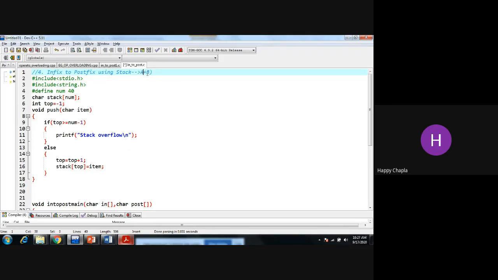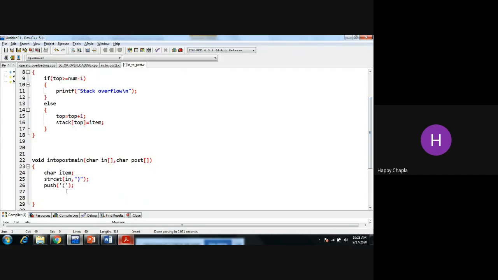This is the input of my infix array, so infix equals something like this. I have this many things inside my infix array, and there is no starting bracket, because the starting bracket I am already pushing into the stack.